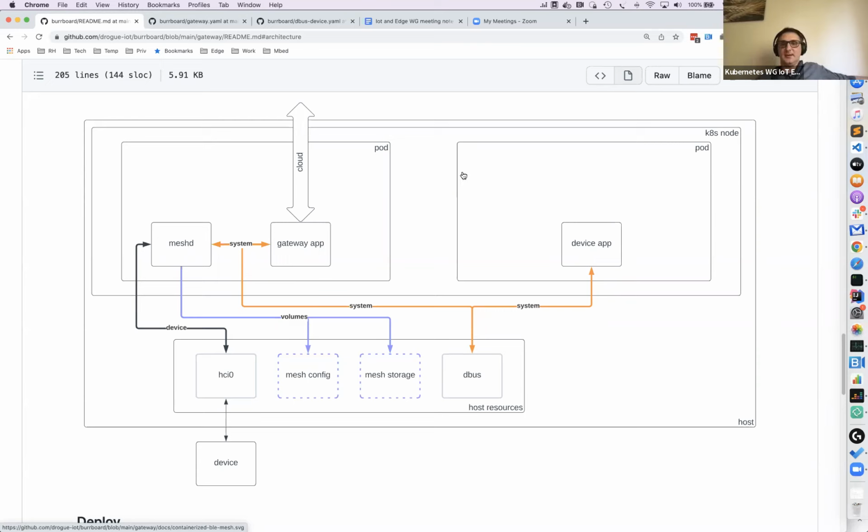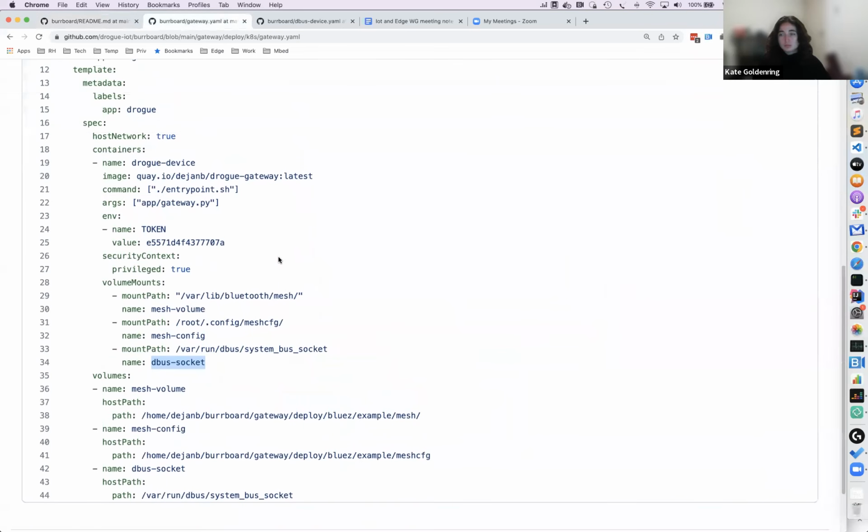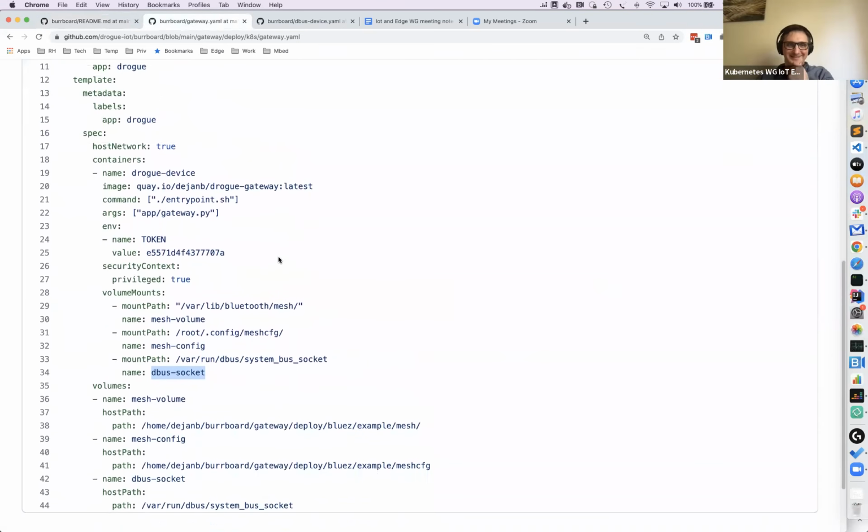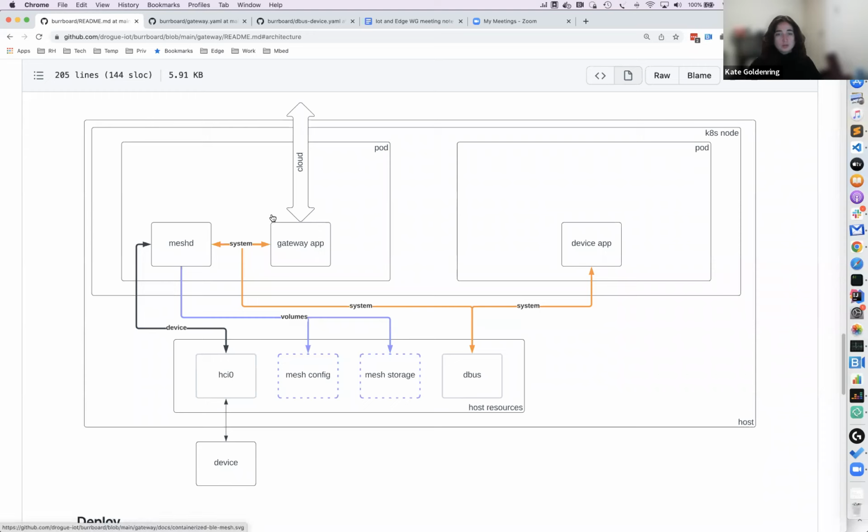Basically, this is only needed if you want to run other services on the same node that will act as Bluetooth mesh devices, or Bluetooth devices in general, right? Make sense? Yeah.